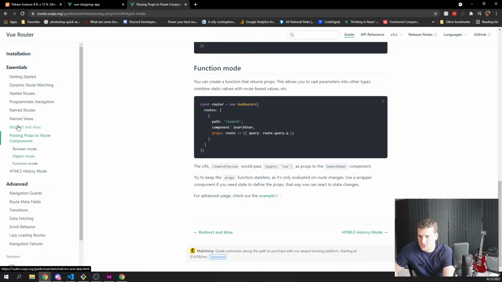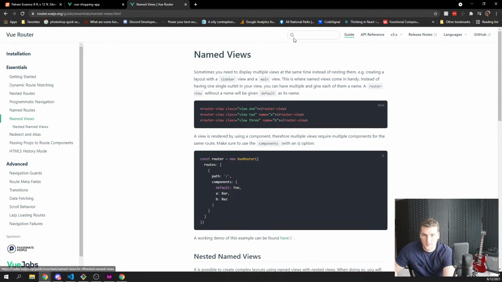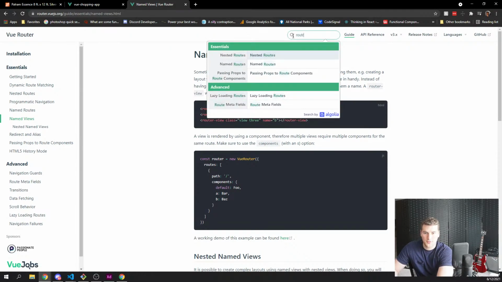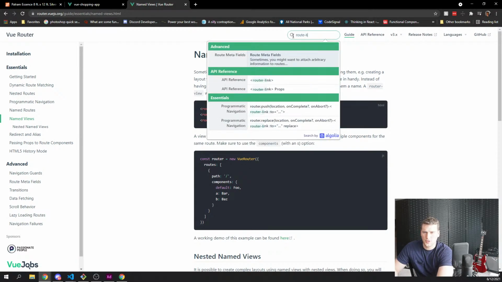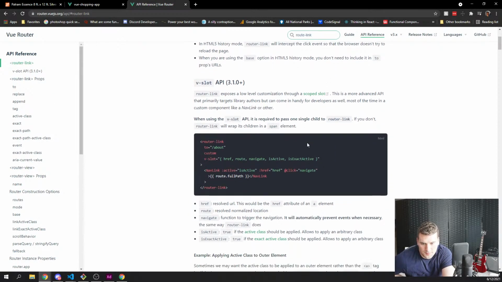Boolean, object, functions, redirect and alias, HTML5 history mode, nav guards, named routes. What is that? What am I using? Router link, right? Yeah, router link. All right, what does this all say? We have to, we have custom, we have v-slots, okay? And